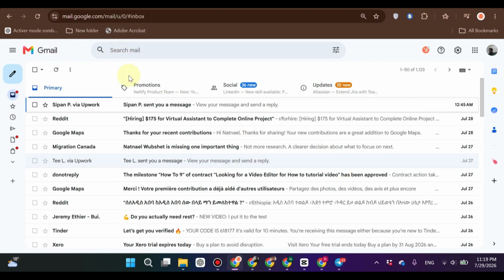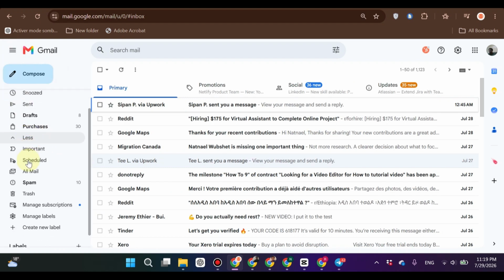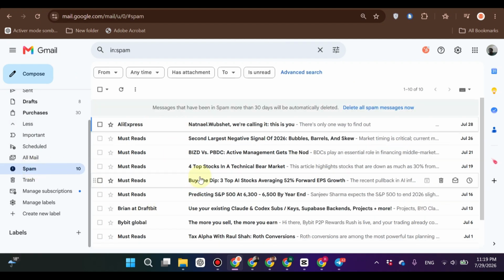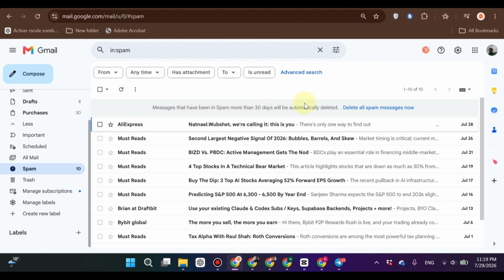First, open Gmail on your computer. If you haven't already, sign in to your Google account. Next, look at the menu on the left side of the screen. If you don't see Spam, click More to expand the list of folders. Then click Spam. By default, Gmail automatically deletes emails in the spam folder after 30 days, so you don't have